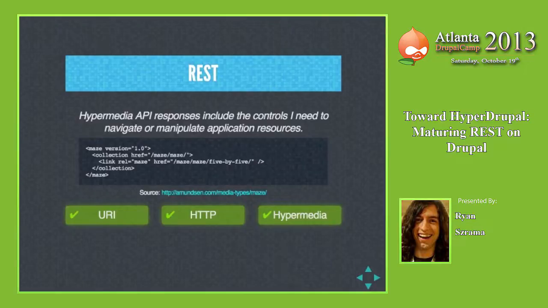Well, so the question was, this makes sense from a human standpoint. He can read this and see that my maze has a link to grab the maze grid or something like that, or to create a new maze or something. That's this particular example. But a machine is consuming this for the first time. So how does the machine know what to do with this? And so then I'll turn it around to you. How does your web browser know what to do with an HTML document? It doesn't. I click on the link. But it does know. It does know some things, right? It knows how to render it. Yeah.